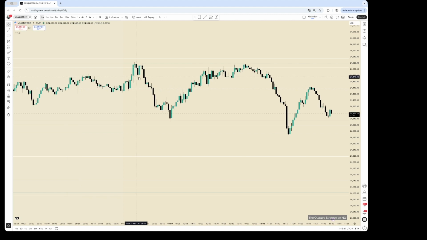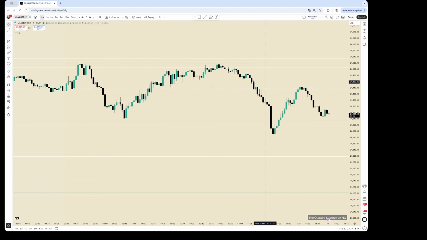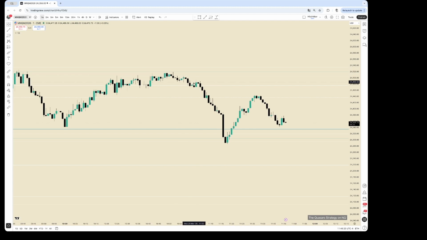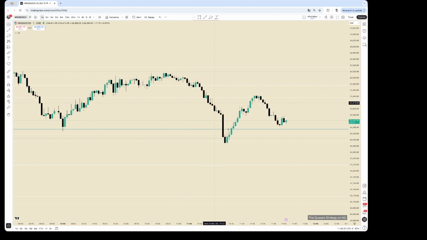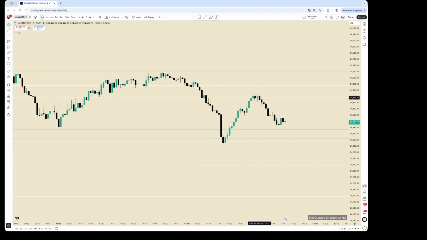Yeah, probably, you see, as well as here, we went outside the zone, and that would have been my confirmation with that inverse fair value gap. I would have entered here, and then you get that nice move all the way down to your first target. Then price went back up, and as we just saw, as soon as price left that shelf, it really dropped, went all the way down, went up to that line,